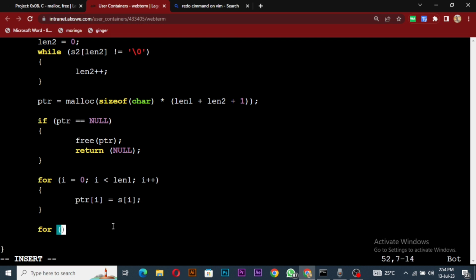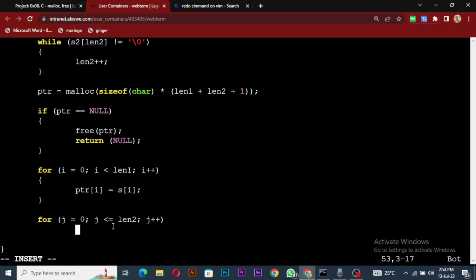And then we'll say j is equal to 0, and then j is less than len 2. Because we want to pass in the value of the null, we can say it's less than or equal to len 2 for the last one, right? And then we'll say j plus plus. Then we'll come here and then say